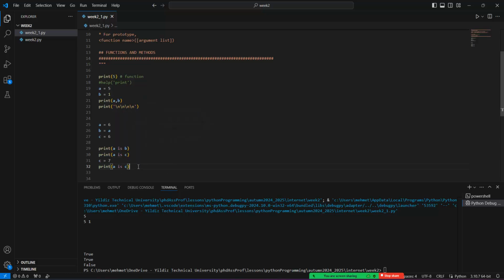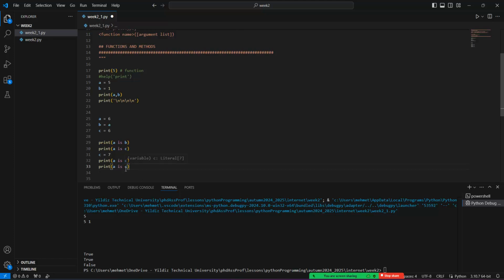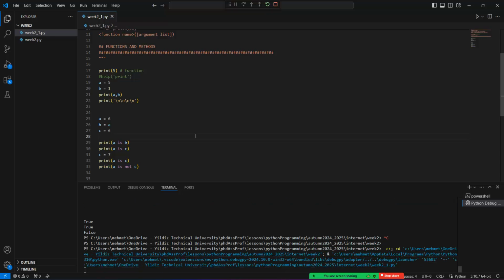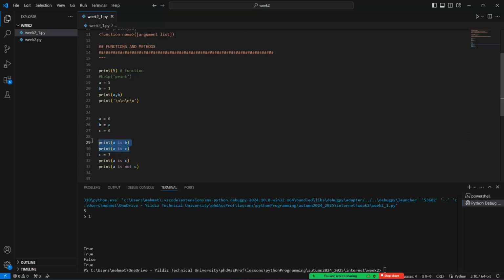Okay, and we can write a is not c. What's the output of this code? A is not c. True or not? If I rerun this code, then this is false, but this is true because a is not c. It's true. Okay,